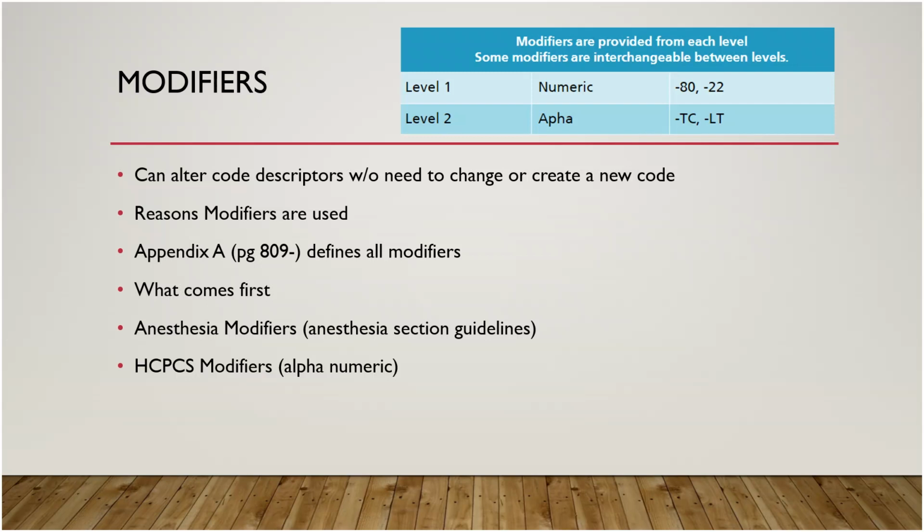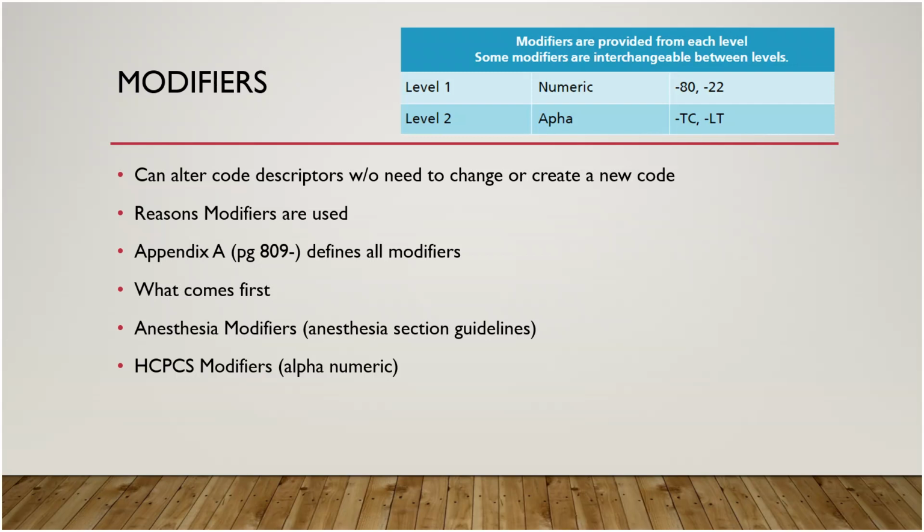When you're deciding which modifiers come first, the modifiers that impact payment come before informational ones. For example, when we have those separate procedures, we're showing that there is a true reason that this is separate. We're going to unbundle that with modifier 59. So on our procedure, if we are unbundling, showing that we have a distinct reason for doing this procedure, then we would put that one first. And then the next would be other payment modifiers